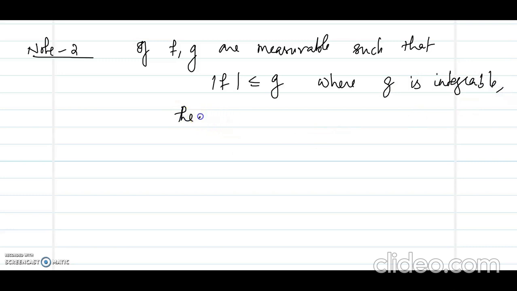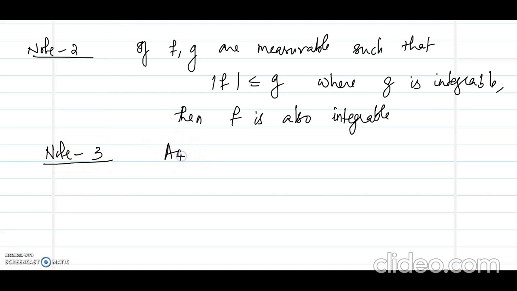So then f is also integrable. So if f and g are measurable functions such that mod f is less than or equal to g, and if g is integrable, then in that case f is also integrable. And the third result is